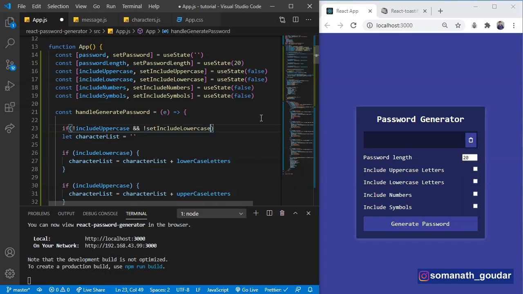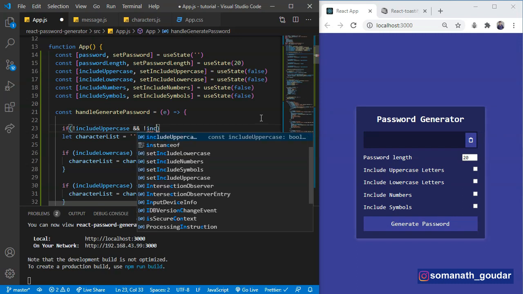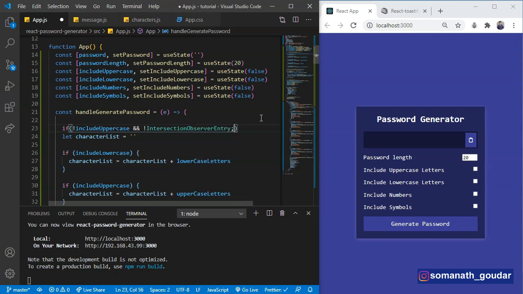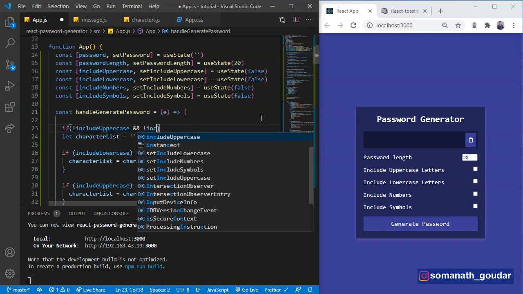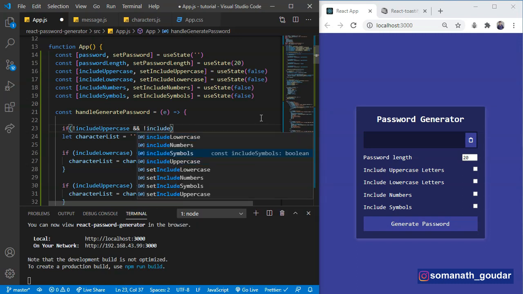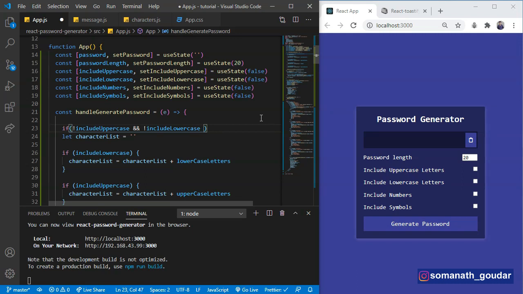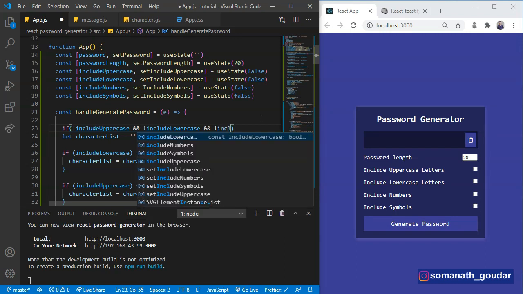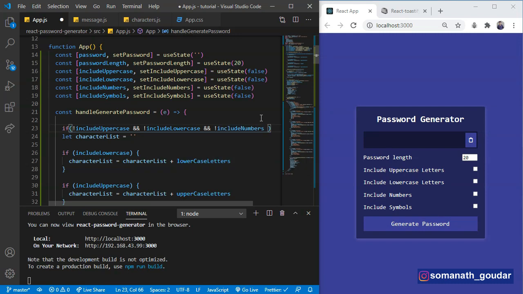If includeLowercase, they should be include, I don't know what is happening. Okay, includeLowercase, and also we are going to check the condition for includeNumbers, and also for the symbols.